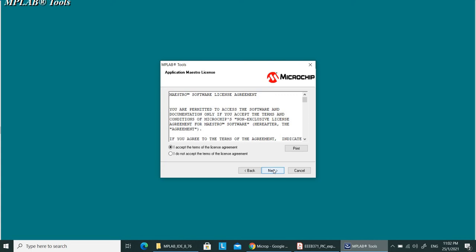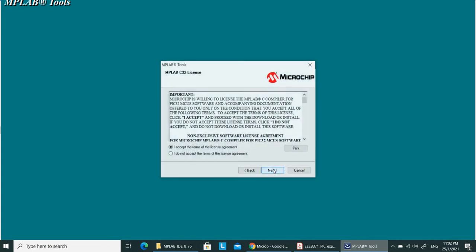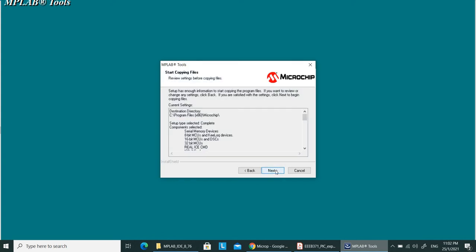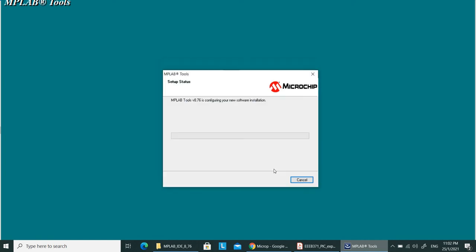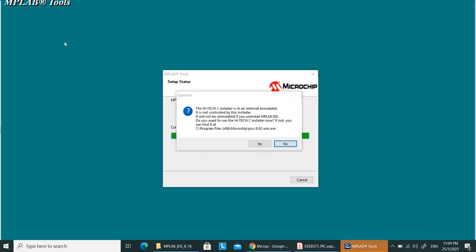So just accept the agreement again and accept for this. This is basically for the various types of tools within the MPLAB. So just accept it and click next. And now the setup status will show here. And in between there will be some pop-up